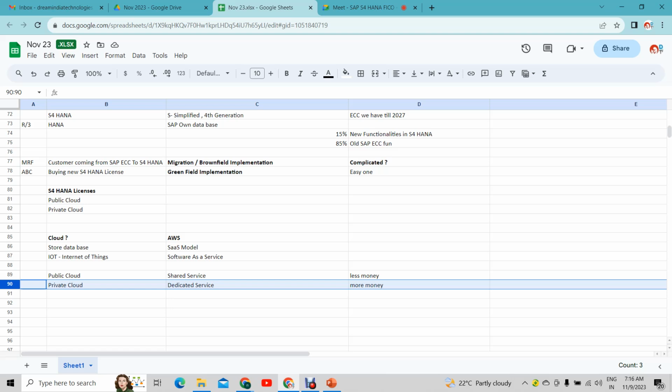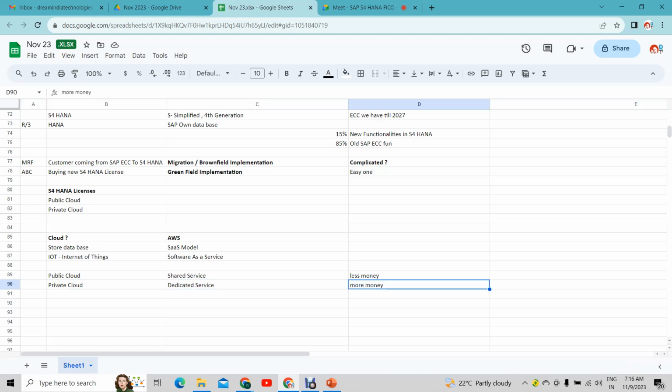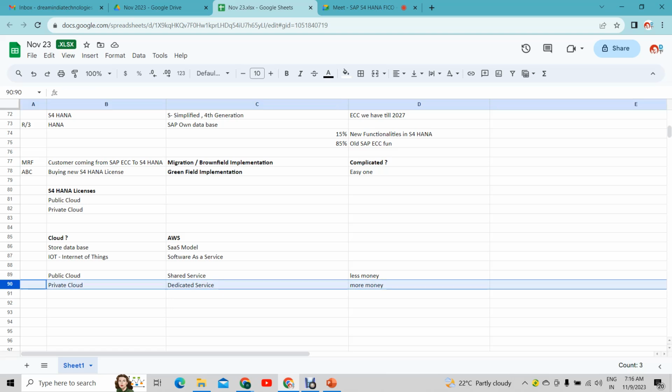If you compare to public cloud, private cloud is more money. And these things, you never know what has happened in the back end. The business decides which cloud they want to use and what kind of SaaS model they're using, and everything will be discussed. On the client side they have IT people, and on the implementation side we have IT people. They will discuss, and finally whatever the outcome is, the decision is taken and the application is